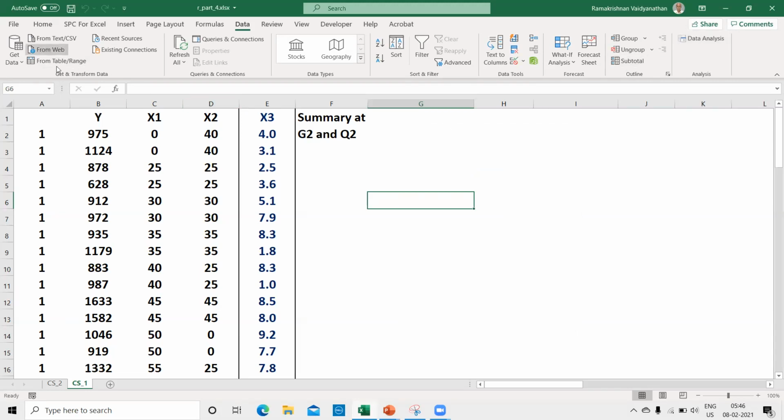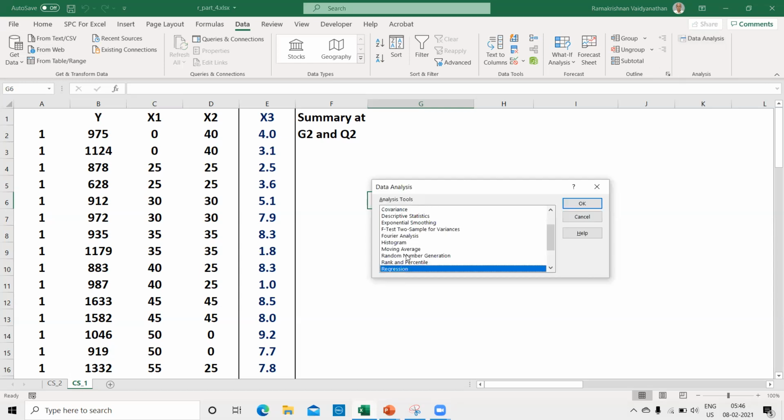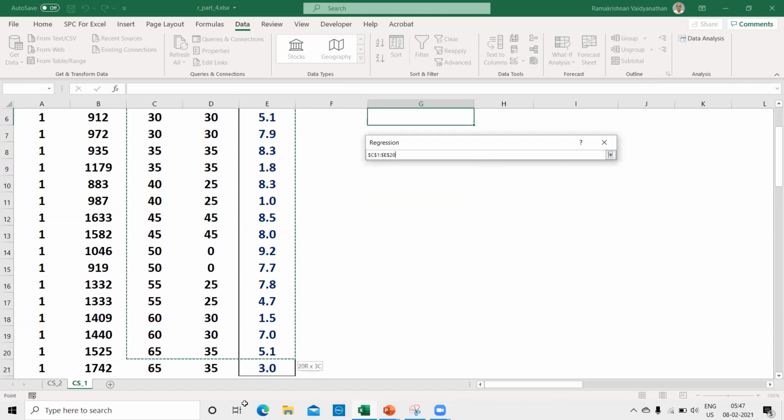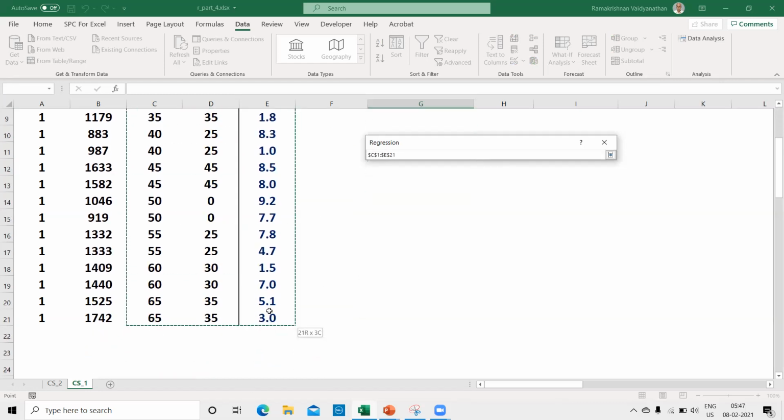Okay. Now we will go back to this here. I'm going to select this data analysis now. Once I select data, regression is there, I'm going to select OK. Then a pop-up window is like this. I'm going to select the input range. Input range is this Y1 to Y31. I've selected here. And for the input X range, I have selected all the 3 input variables. I select all the things.